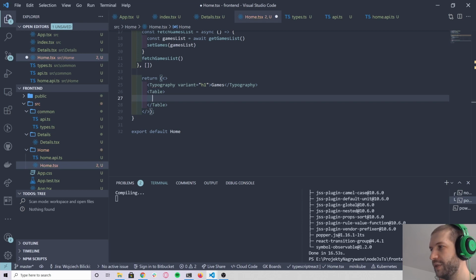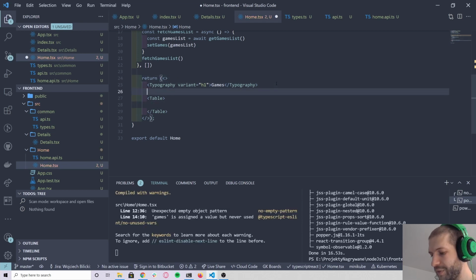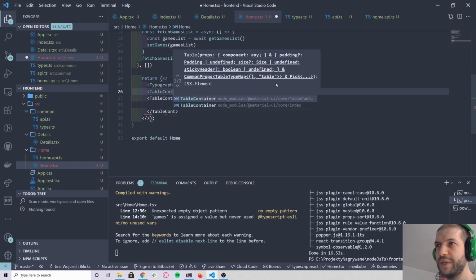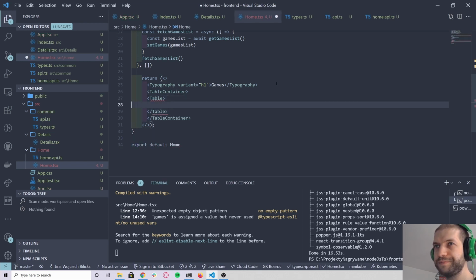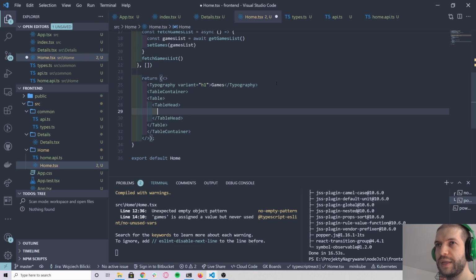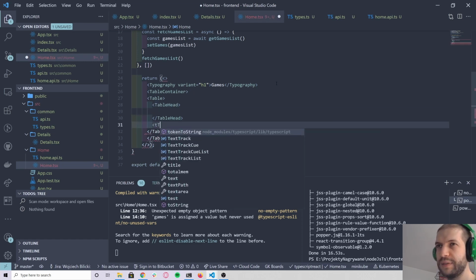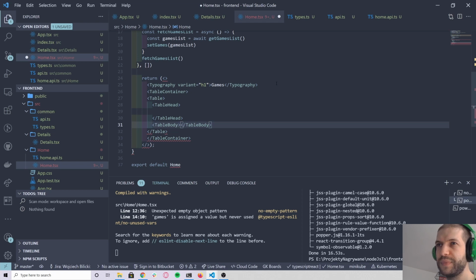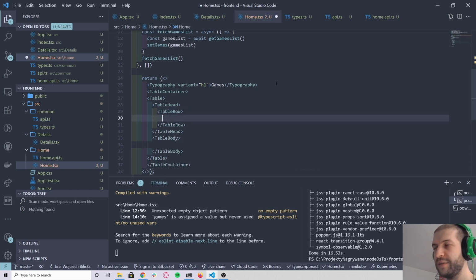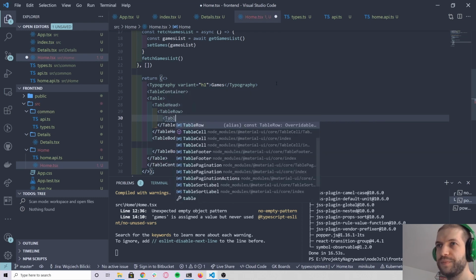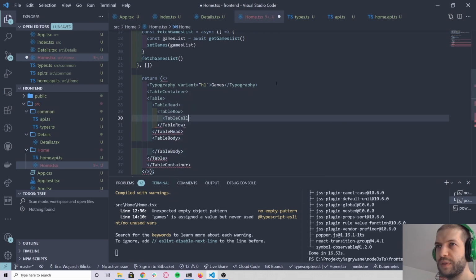Then I believe what we need is, oh no, we first need some padding and offset, so the TableContainer should be first. And this should be just Table. Then we have, of course, the TableHead and TableBody. Then we have a TableRow. And inside of that row, we have cells. So TableCell,